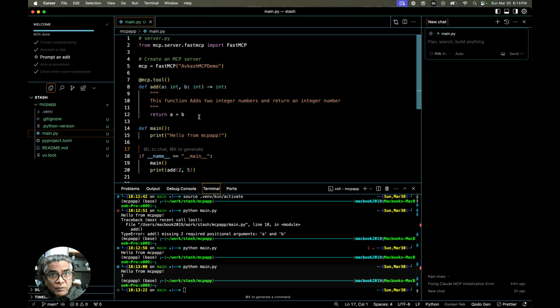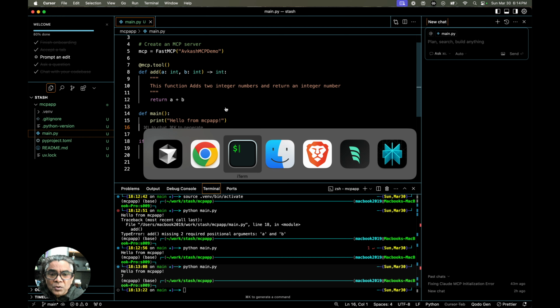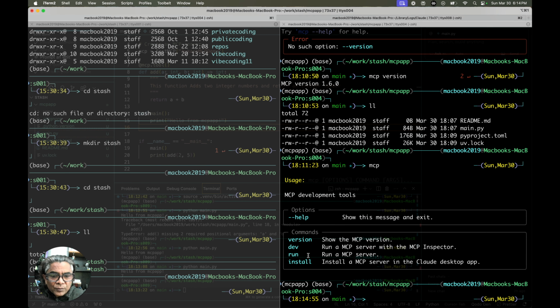We created a server, we instantiated it properly by using the MCP directive here, the import function, and then we define it. There are still a few things we have to do, but the next thing is that we have to register this. We already looked into the MCP tool, and MCP has a function called MCP install. So it can install, and there are various ways you could do it. One is that if you launch the Claude,